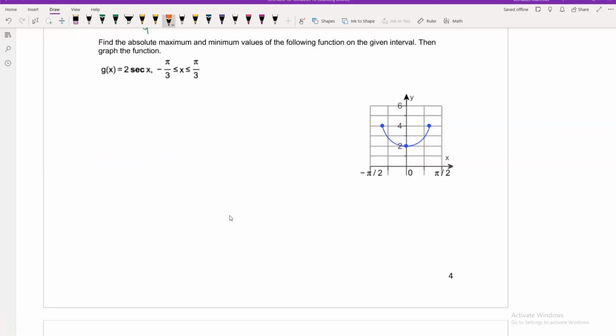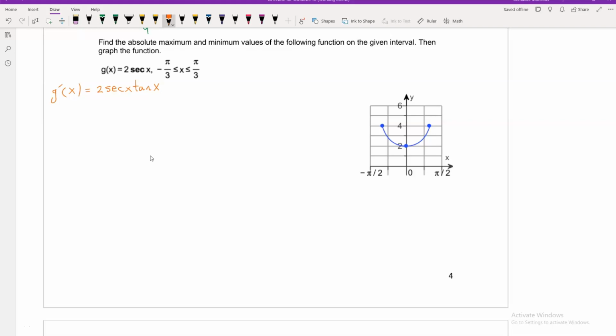Find the absolute maximum and minimum values of the following function on the given interval, then graph the function. g of x is equal to 2 secant x, and our closed interval is negative pi divided by 3 less than or equal to x less than or equal to pi divided by 3. First step is to find critical points,